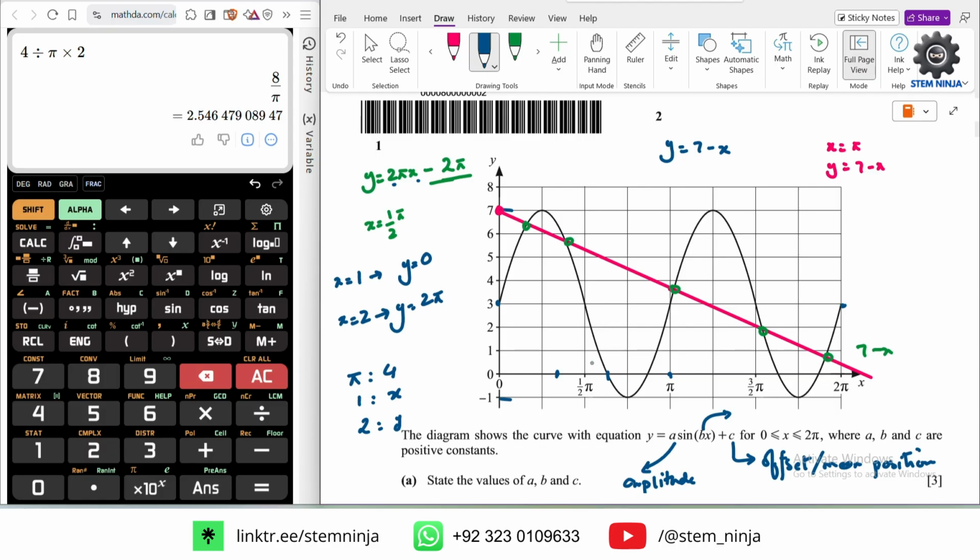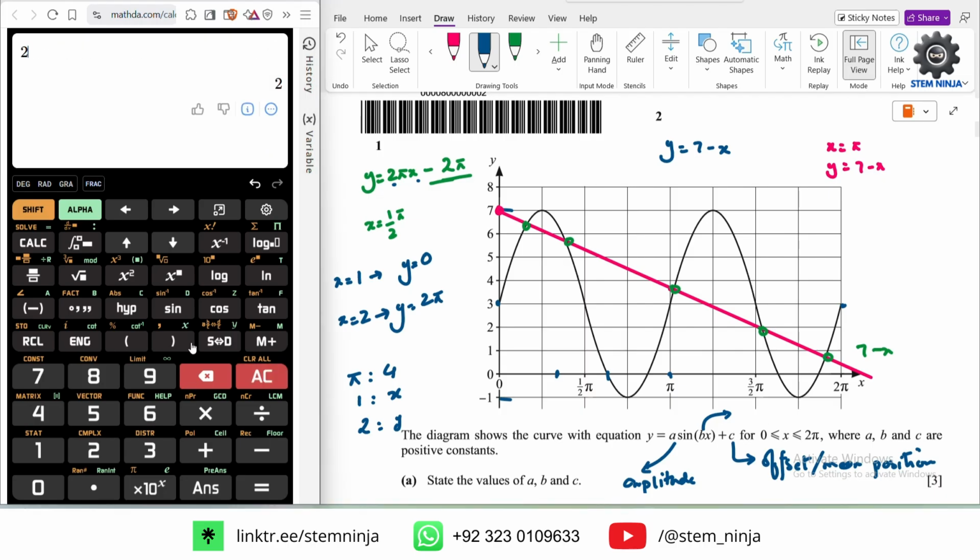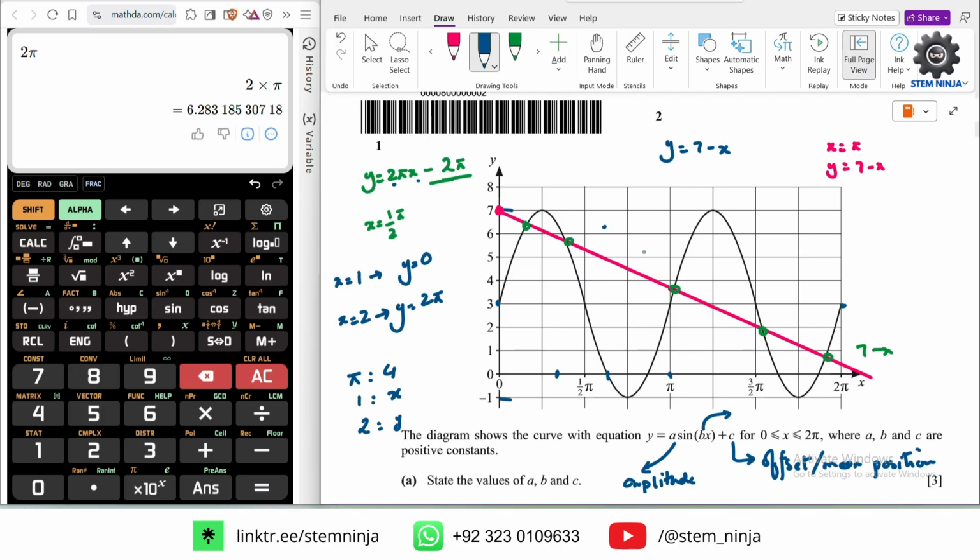Oh yeah, okay. And this times by 2 pi. So where is 2 pi? So 2 pi is 6.2. That is 6.2 roughly over here. Okay. So now if we draw the line,